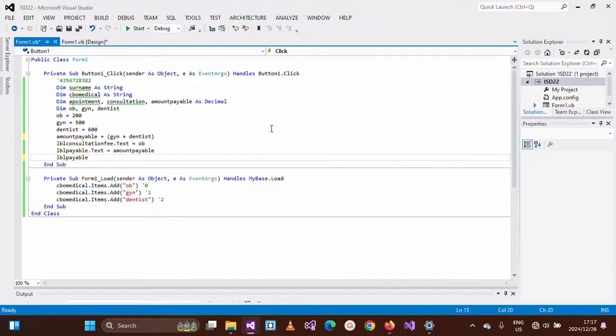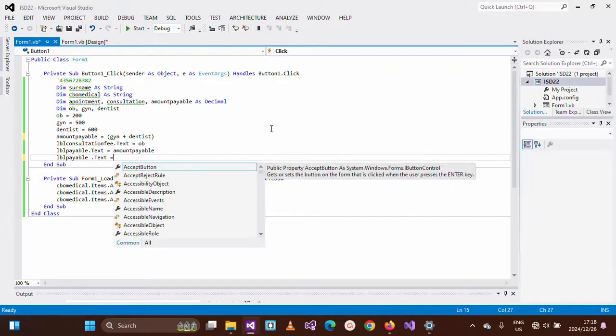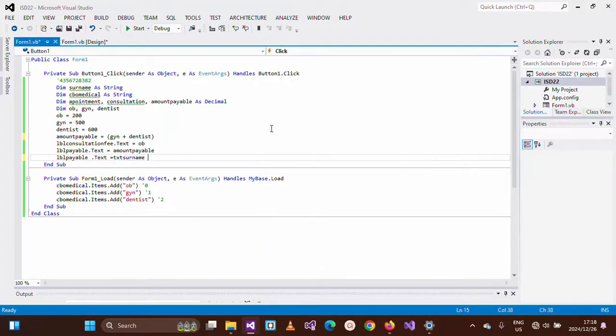Payable dot text. Assigned. They said we should. Yo, that message is long though. We're gonna carry what's in the text of surname dot text and